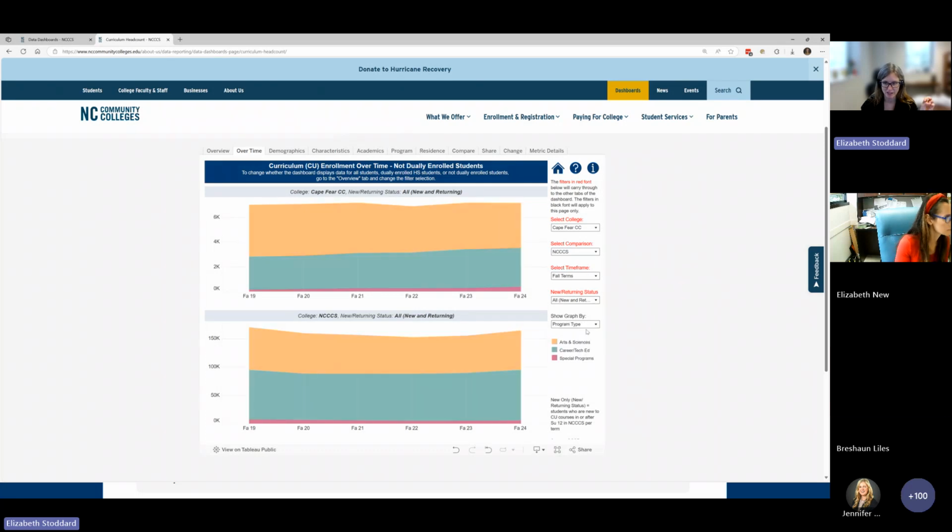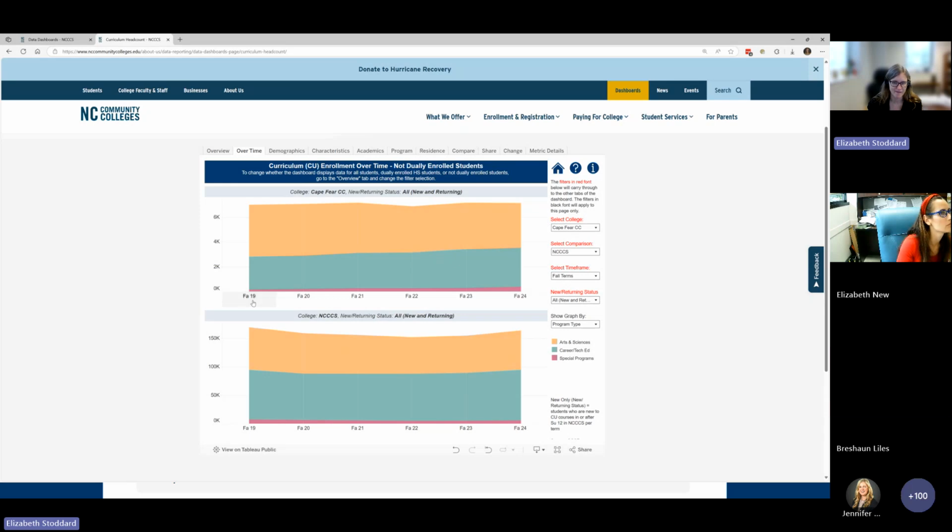But I can switch that to program type, and so now the data is broken out by arts and sciences enrollment in the orange, CTE enrollment in this kind of tealish color, and then special programs in the pink. And so what this is telling me at a glance is that, again, thinking just about my not dually enrolled population,